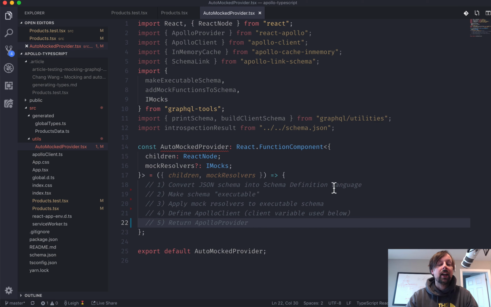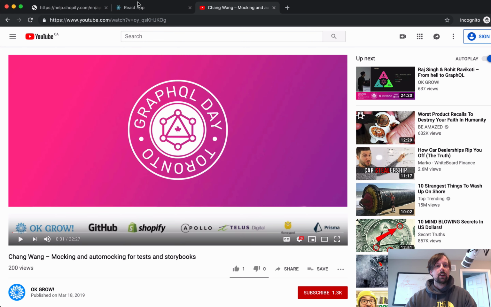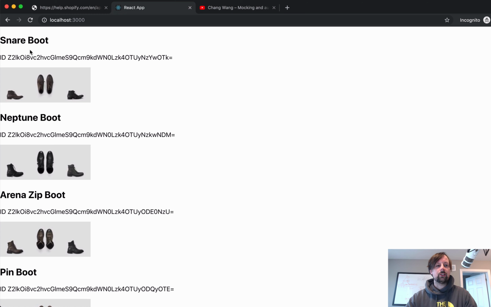It's Lee Halliday, and what we're going to be covering today is how to test your GraphQL queries using the Apollo library, but we're going to be using something called the AutoMock provider. So before we get into that, right here is the output from the code that we're going to be testing. So it's not much to look at, but it queries some data from the Shopify GraphQL API and displays it